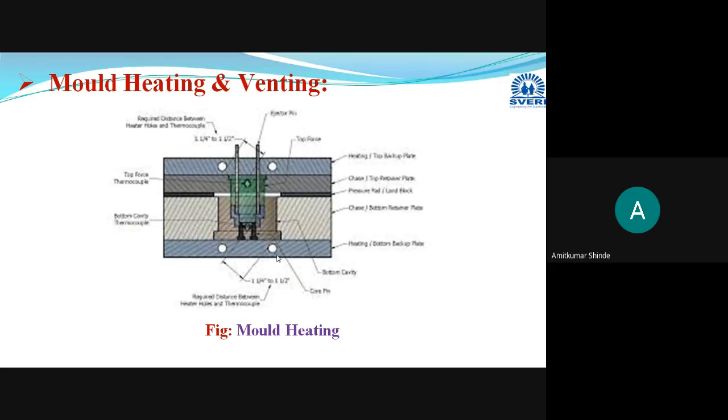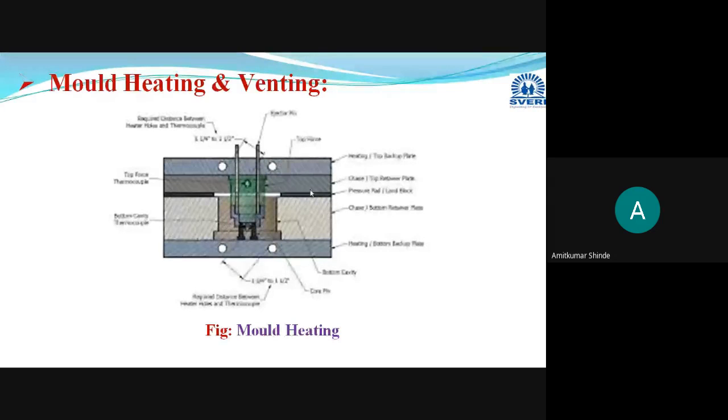Okay, this is a very important aspect as far as transfer molding and compression molding are concerned. Now, a uniform mold temperature is a very necessary factor. Mold temperature should be uniform throughout. Now, we already know that a mold consists of two parts, upper half and lower half. The maximum permissible difference between the temperature of the upper half of the mold and the lower half of the mold is 3 degrees Celsius.